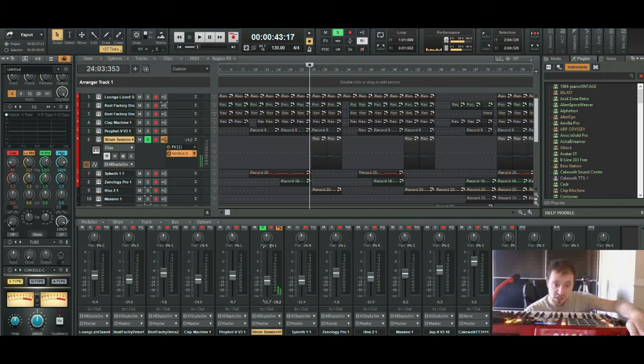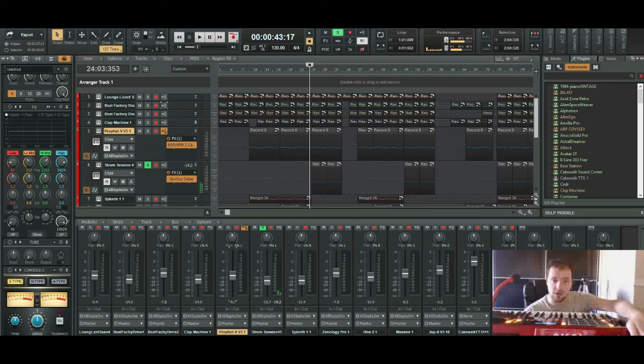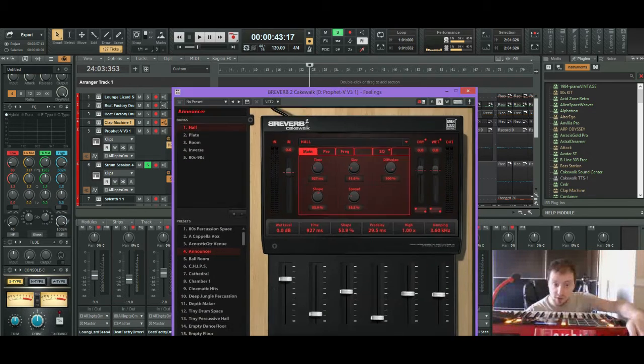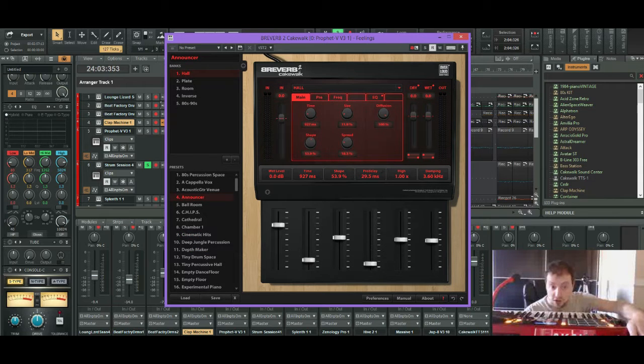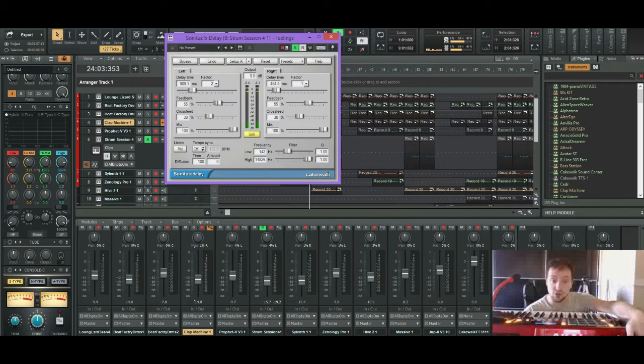Okay, so for this track, in fact, let's open up the other tracks for a sec. Okay, so for these two tracks, the Prophet 5 and the Strum Session, I used reverb for Prophet 5. And what I did was I chose the announcer as my preset. And of course, it's set to the hall. So I've never used this plugin before.